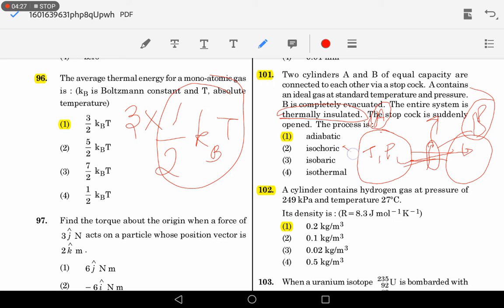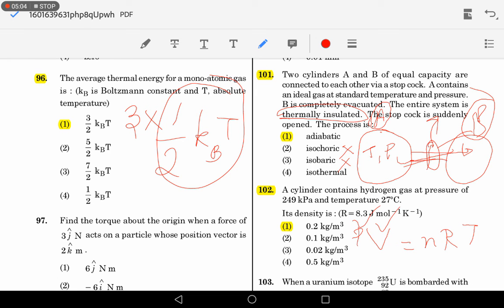So it could not be an isochoric process, because due to the diffusion of the ideal gas there will be an actual increase in the volume, because the gas occupies double the space. The gas distributes itself throughout the space available, so it's not going to be an isochoric process. It's not going to be an isobaric process because pressure will not remain constant. It's not an isothermal process because when pressure changes, volume changes.